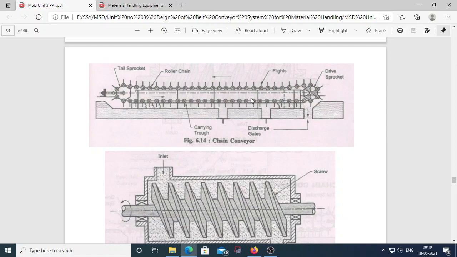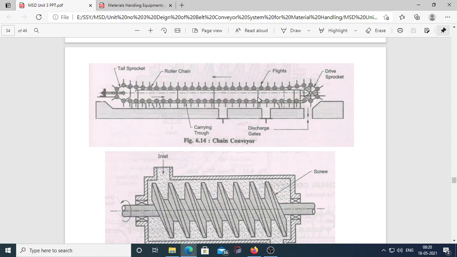Then what is the advantage of this chain conveyor? The chain conveyor displays low stretchability under the load. When you apply maximum load on that chain conveyor, it has very low stretchability under that load. Again, what is the second advantage? The chain conveyor can take impact load, which is unsuitable for the other belt conveyors. This is one of the big advantages of the chain conveyor.